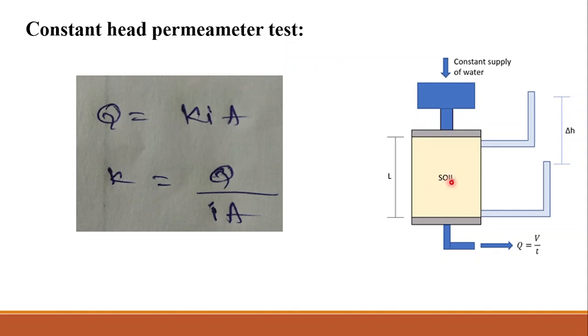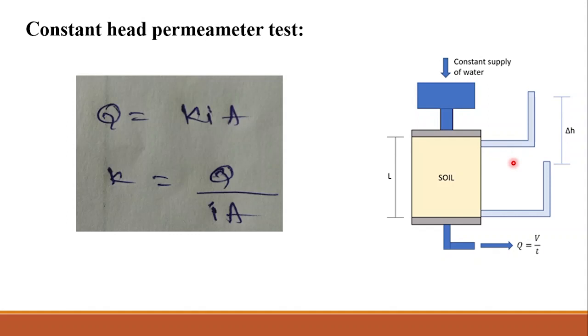Okay, coming to the procedure of this constant head permeability test. First of all, you have to prepare the soil specimen and assemble it in between two porous stones. Porous stones are nothing but they allow the flow of water through them, right? Then you have to start the flow of water through the soil specimen. After continuous flow of water, you can get a constant head difference between the two levels of the soil specimen. Until the head is constant, you don't start the experiment.